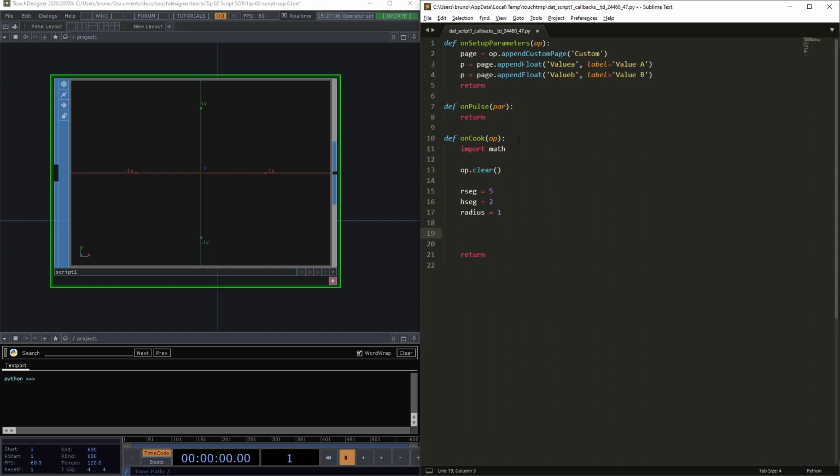And now we start with our for loop, which is going to be for j in range, and the range is the number of radial segments. Now to append a point to our operator, we need to call op.append_point. We can store this in a variable, which I'm going to call P, and now we can use P to